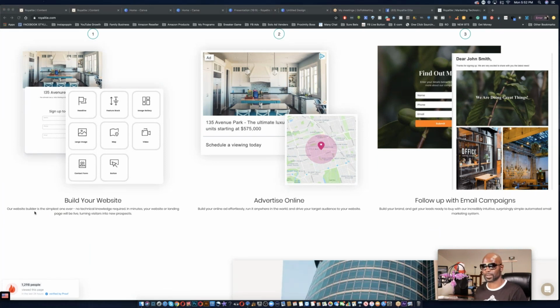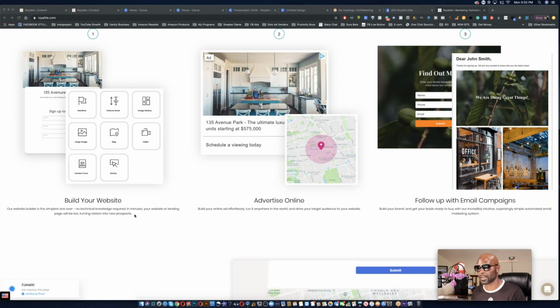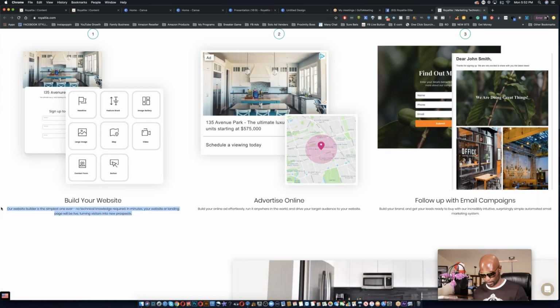So it says build your website. Our website is the simplest one ever. No technical knowledge required. In minutes, your website or landing page will be live, turning visitors into prospects. Perfect, right? So we can take that,